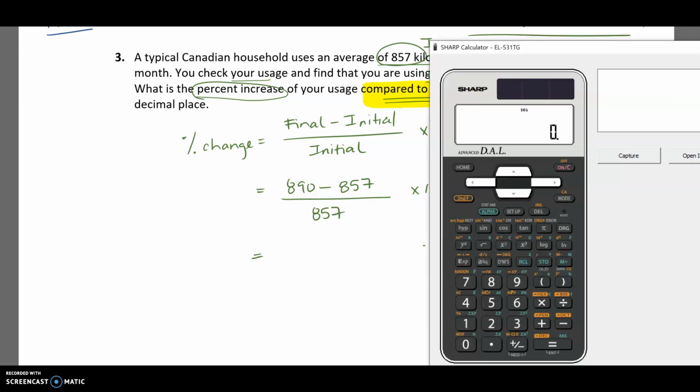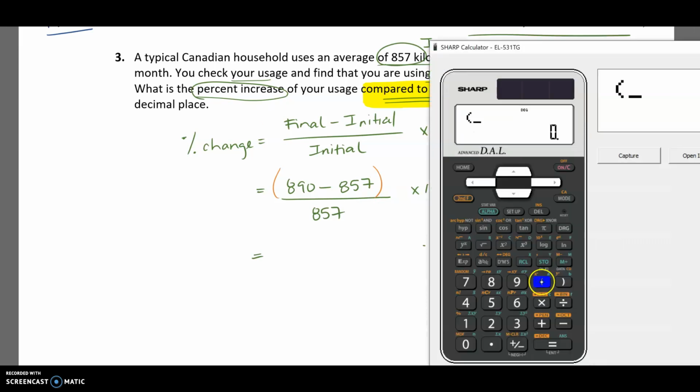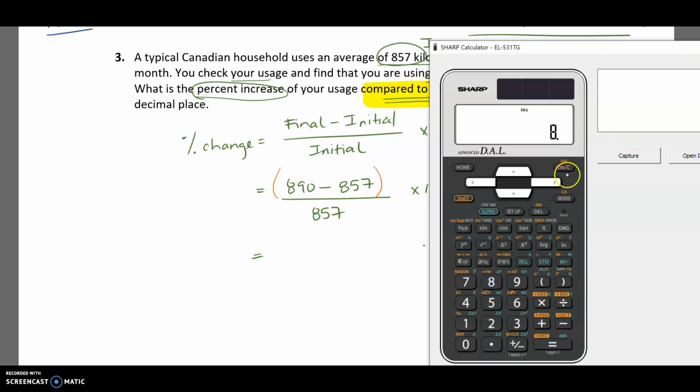On your calculator, you need to make sure that you're doing this difference or subtraction first. So if you're doing this in a single step on your calculator, make sure you put that portion in brackets. So bracket 890 minus 857, close the bracket, then you can divide by 857 and multiply by 100%. Whoops. And I can see that doesn't make sense. I made a mistake typing in here, so I'm going to redo that. Bracket 890 minus 857, close the bracket, divided by 857 times 100%,